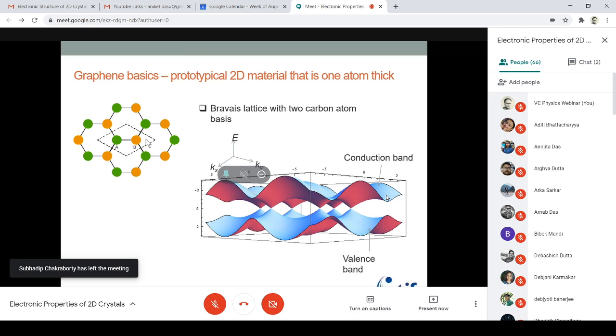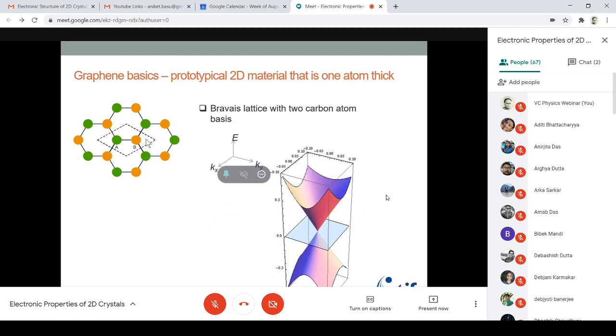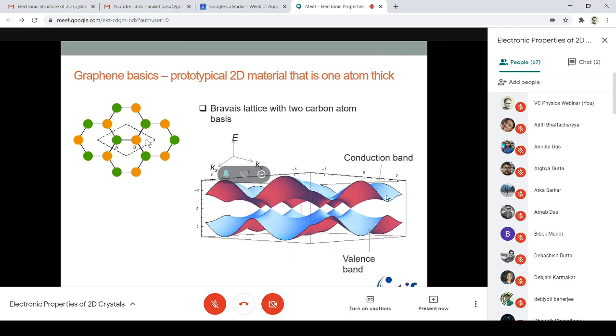So whenever we want to look at electronic properties of solids, we want to ask what is the relationship between energy and momentum of electrons in any material. That's essentially the essence of solid state physics. And in the case of graphene, one sees that